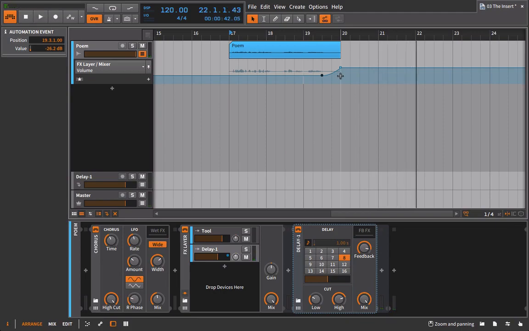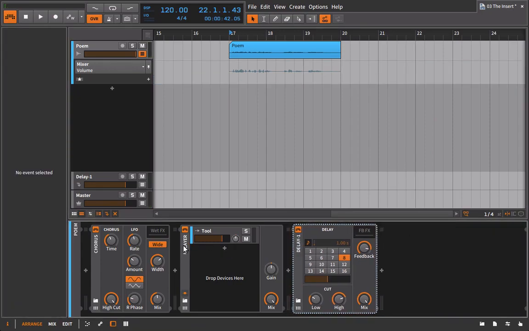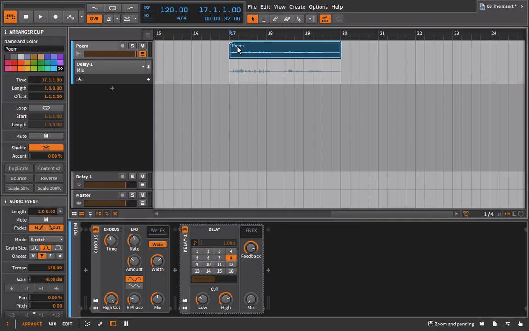But it can be a very difficult effect to set up, and normally I would actually not put this in a chain, and I would just probably do it in this kind of a fashion here and try to automate the mix control so that you don't get those imbalances in volume, but you can see the difficulty of this. Now, for something like a vocal, this won't work particularly well, but if you have an instrument part,